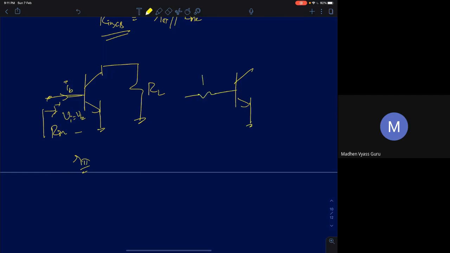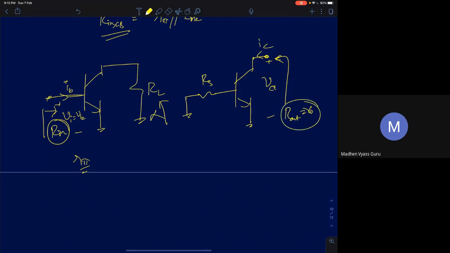Now similarly, you take the common emitter configuration and connect RS to ground. And if you find the R out here, what will be the value of R out? That's fully VCE, right? Whatever input you apply here, it will be fully VCE and the current drawn will be IC. So the ratio will be R naught itself. So here, does Rin depend upon RL in a common emitter? No, right? In common emitter, Rin does not depend upon RL, and R out does not depend upon RS. Whatever you connect with the input, it has no dependence on the output resistance. So keep this point in mind.